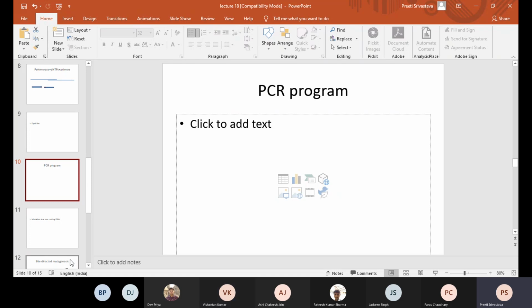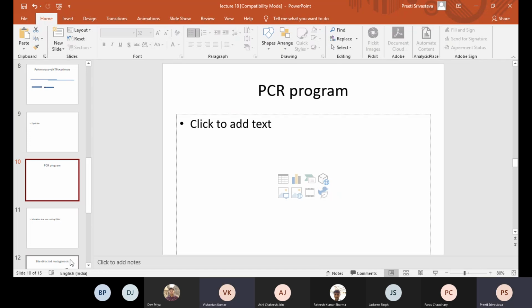So if you are trying to do PCR of PCR, then you cannot eliminate the background. But in this case, the idea is that you should use very little template, as little as possible, so that the majority of the population is the one which is PCR amplified. I mean, you try to outnumber the template so that the template DNA would be very less.